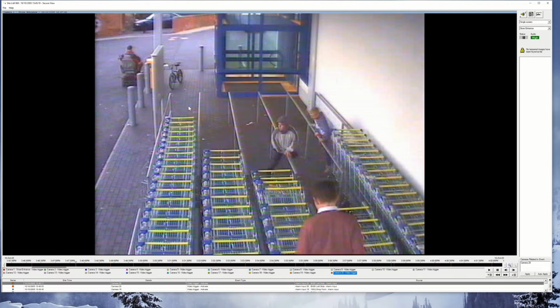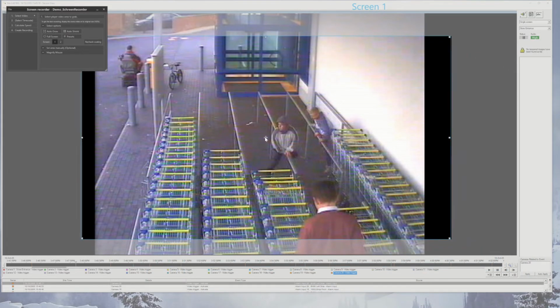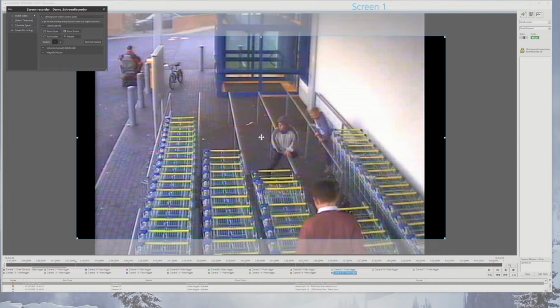Upon opening Screen Recorder, you'll notice two things: the Screen Recorder window, and, more obviously, that your screen has turned gray with an area that looks normal. This is the selection area. This may look alarming, but it is exactly how it's supposed to be. If you have more than one monitor, the gray would be on only one of the two screens.